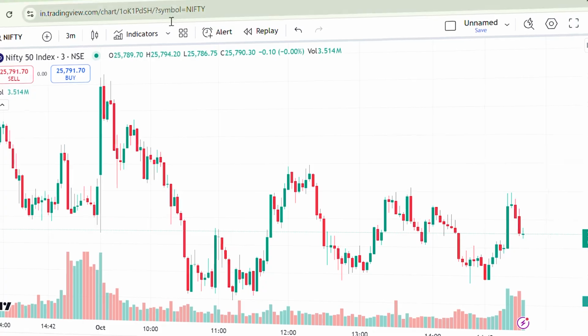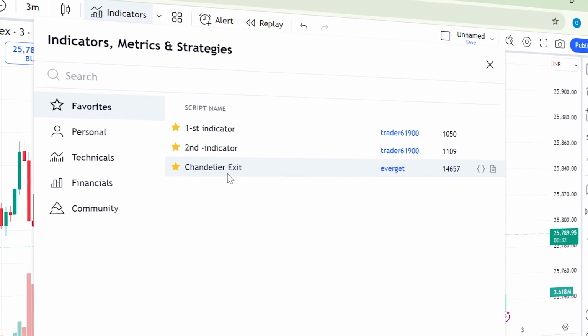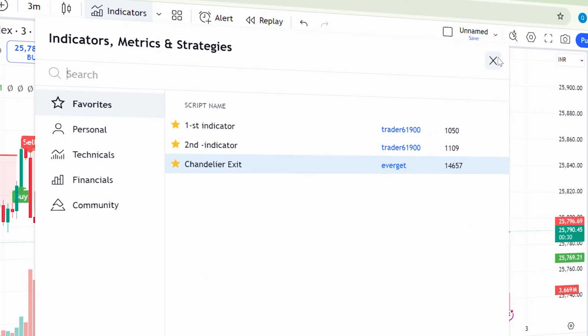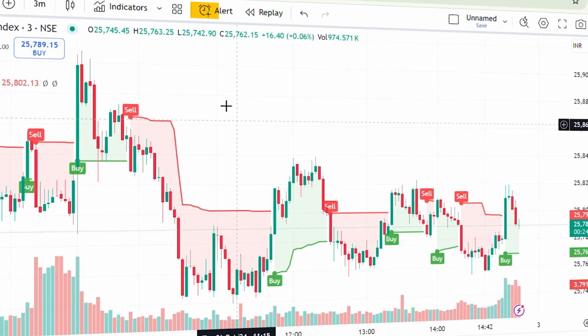Go to TradingView. In TradingView, we can give any indicators based on your strategy. I am going to give here a Chandelier Exit, so it will give me both buy and sell signals. With this only, I am going to create an alert. So click on alert